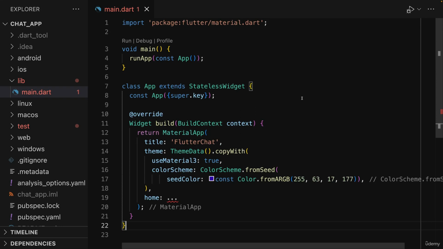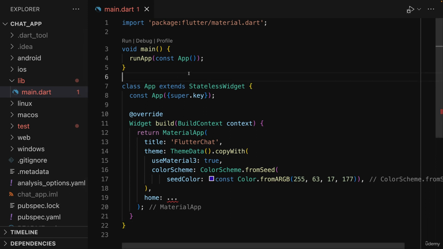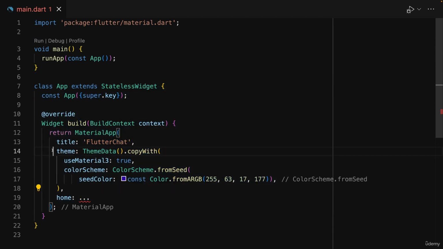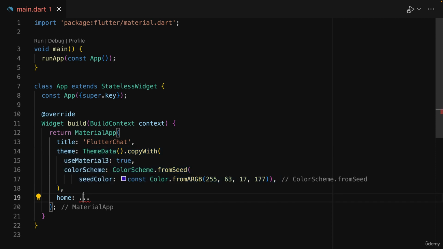Now for building this application here, I created another new Flutter project. I named it Chat App. And I replaced the default main.dart file with the one you also find attached, which in the end just defines a very basic app widget that adds some theming to the app. But we're going to build all the rest together from the ground up, step by step,